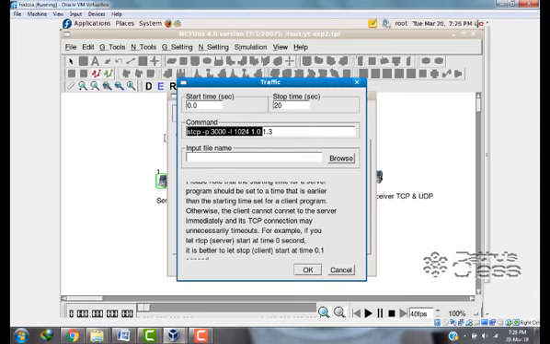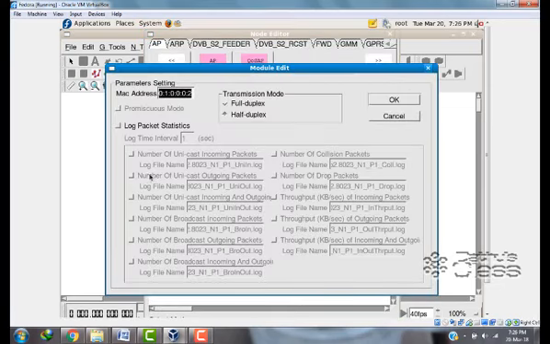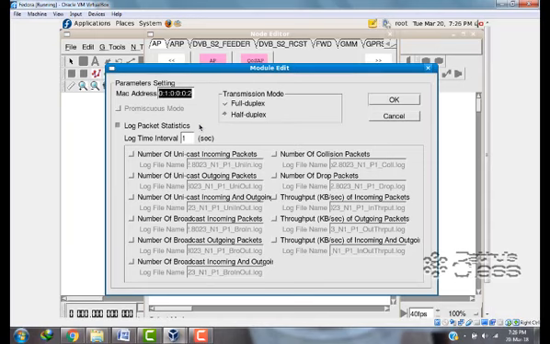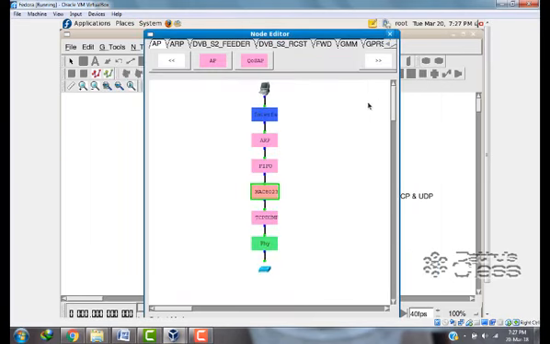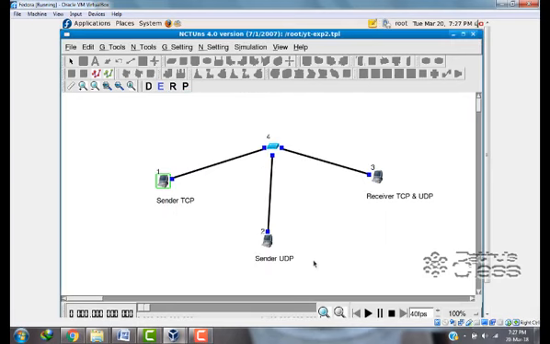So copy this, and click OK and go to node editor, and here in MAC 802.3 enable log packet statistics. As per the question, they asked the number of packets sent, so enable throughput of outgoing packet. Click OK and again OK and then OK.